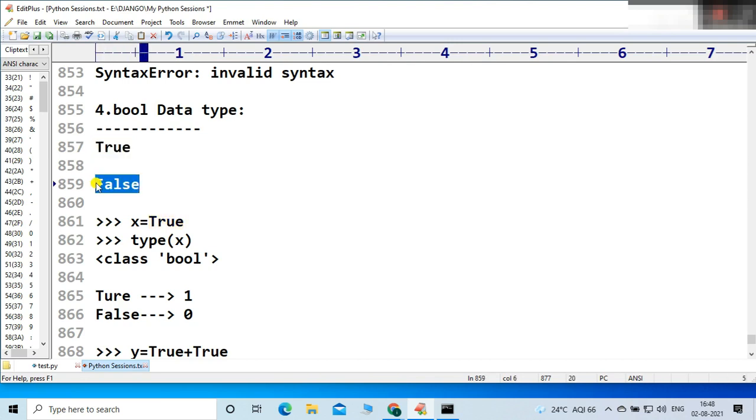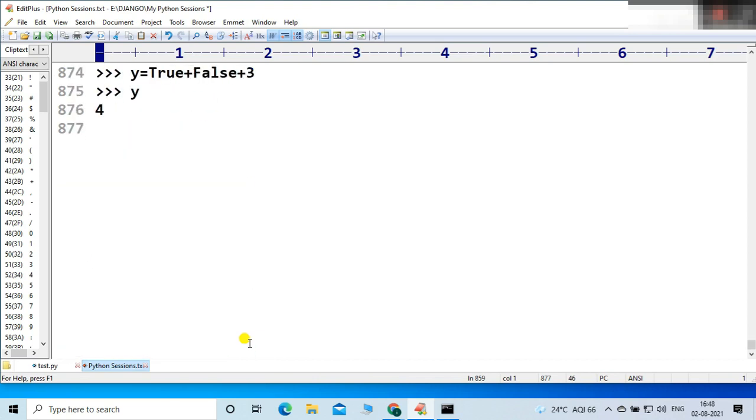That you should remember, friends. I think it is very clear to all. So this is about the bool data type, friends.